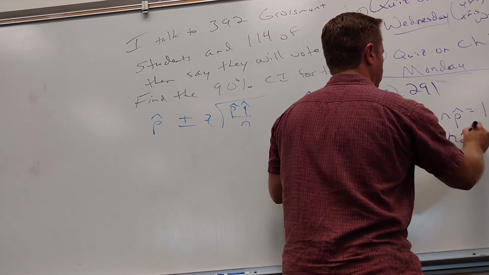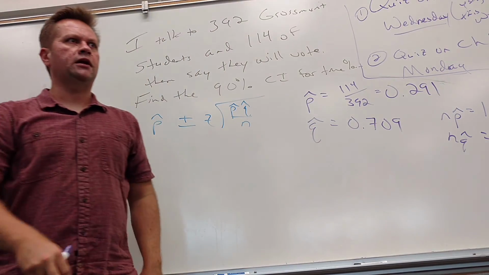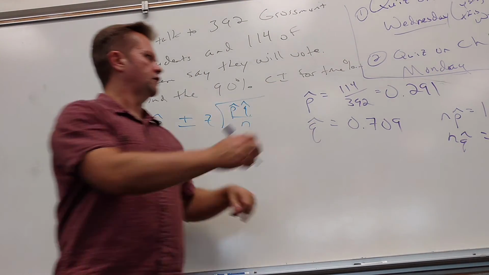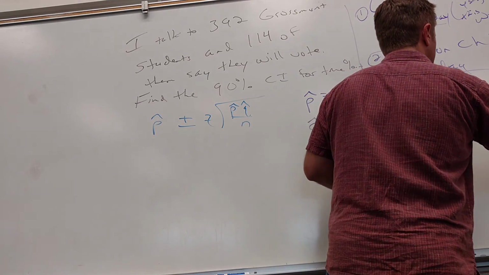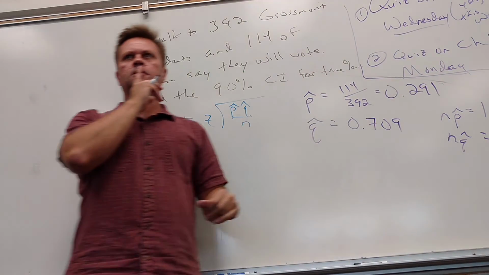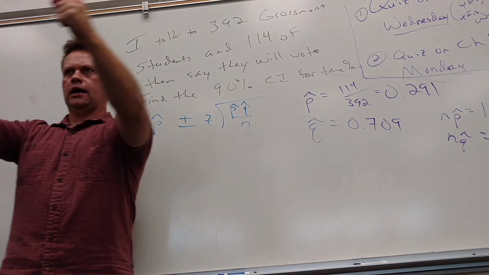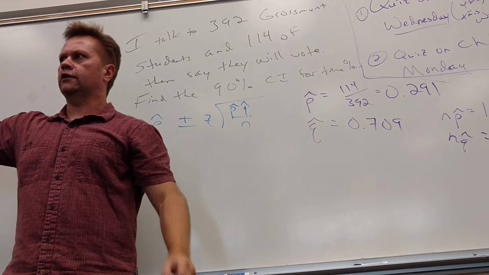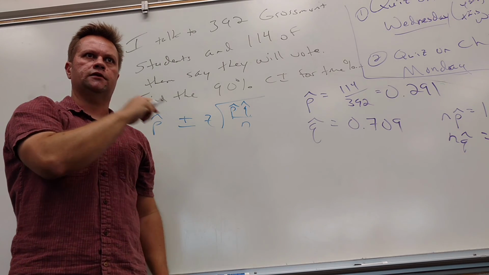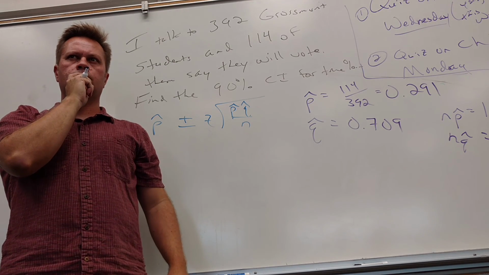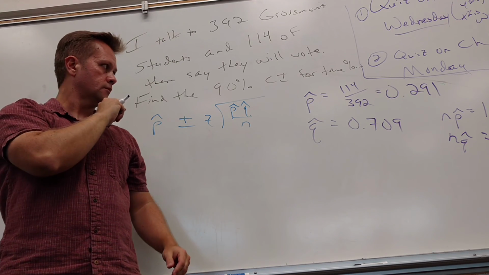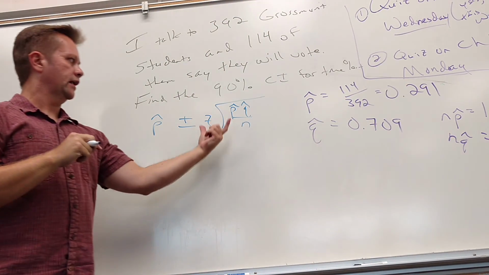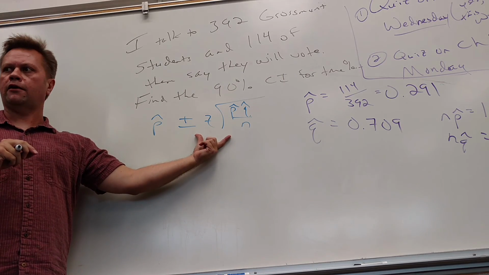What about nq-hat? It's going to be everybody else. I think, Corinne, you said that a second ago. Yeah, 278. I think that's bigger than 5. Yep. Which means it's out far enough so it has room to go up and come down, so it's normal enough. That's why I'm allowed to use Z-scores for this. So calculate, check, and now we've got almost everything we need. The one thing I have left to do is